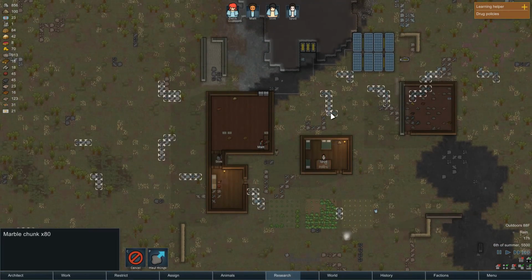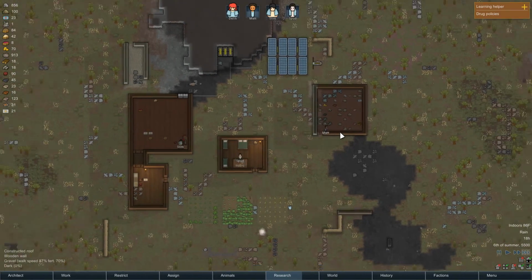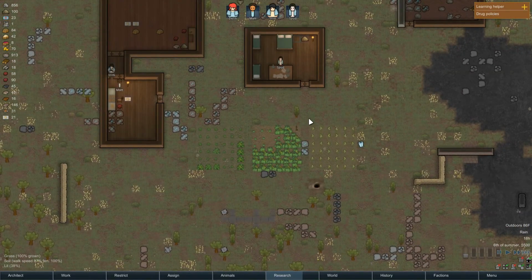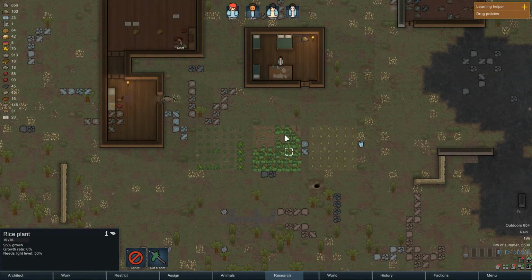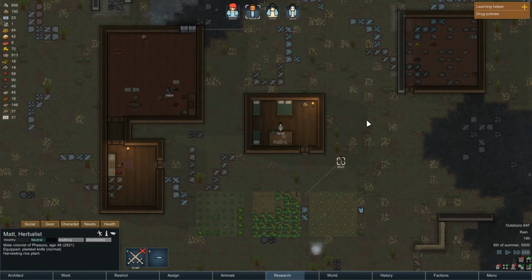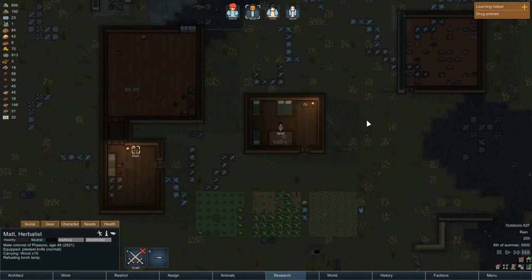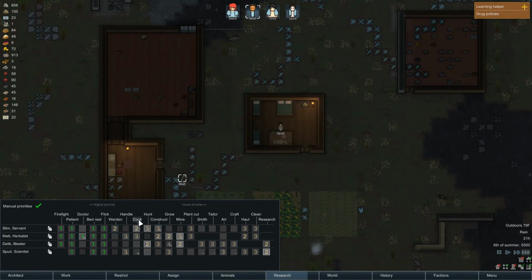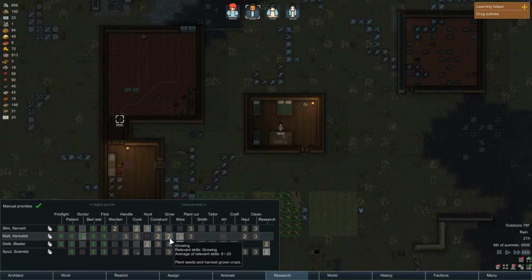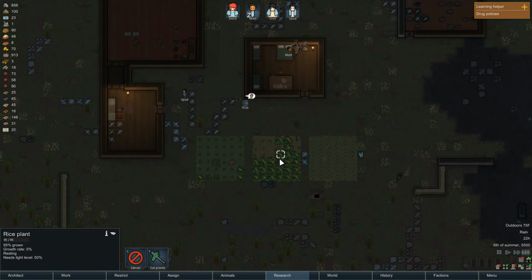I really want these chunks to be moved out of here. They are getting to be annoying. Harvest the gosh dang rice plant, dog. Come on. What are you doing? It's refueling the torch. Oh, what's priorities here? Growing is number 2. That he should be doing all that. I don't think harvest actually falls under plant cut. I believe that is cut plants. But